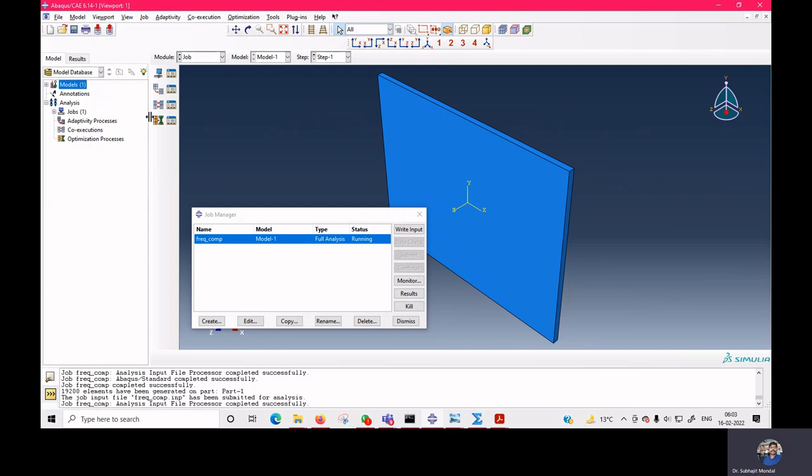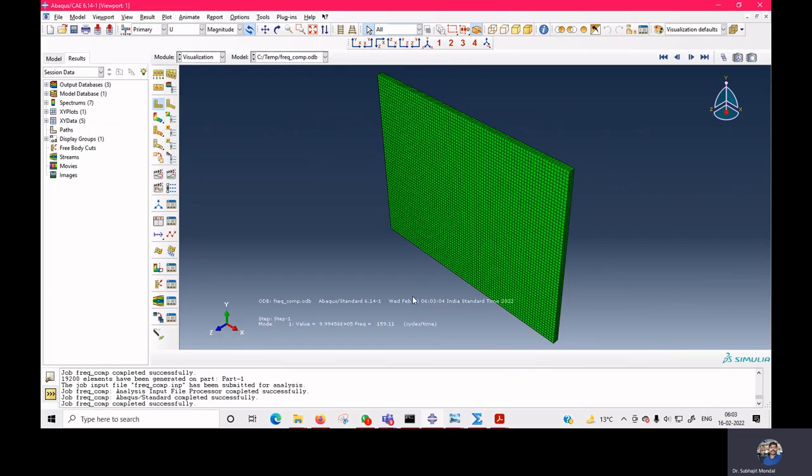Initially we ran it to learn what the rigid body modes are. Since we have not provided any boundary condition, it should show some rigid body modes, so that we have learned. So now again you can see the first frequency is coming here as 159.11,